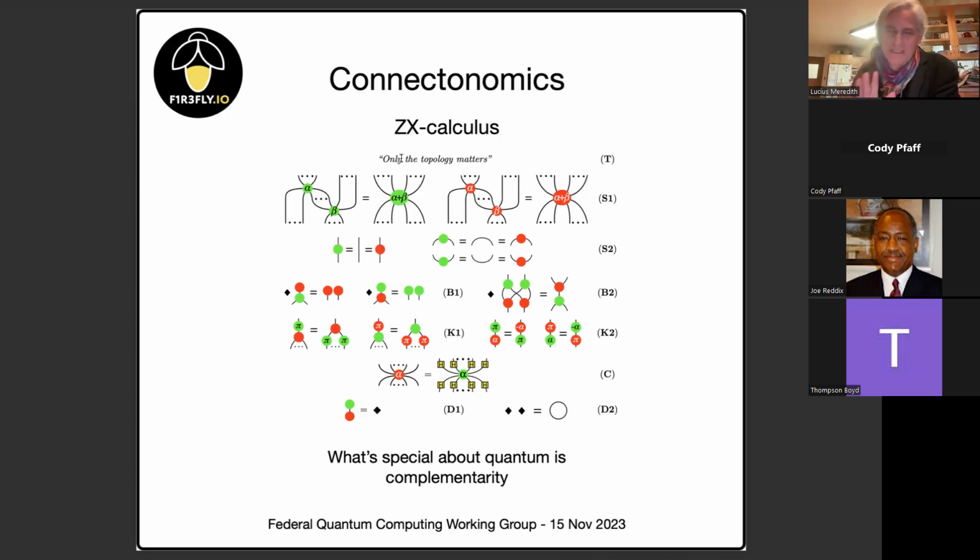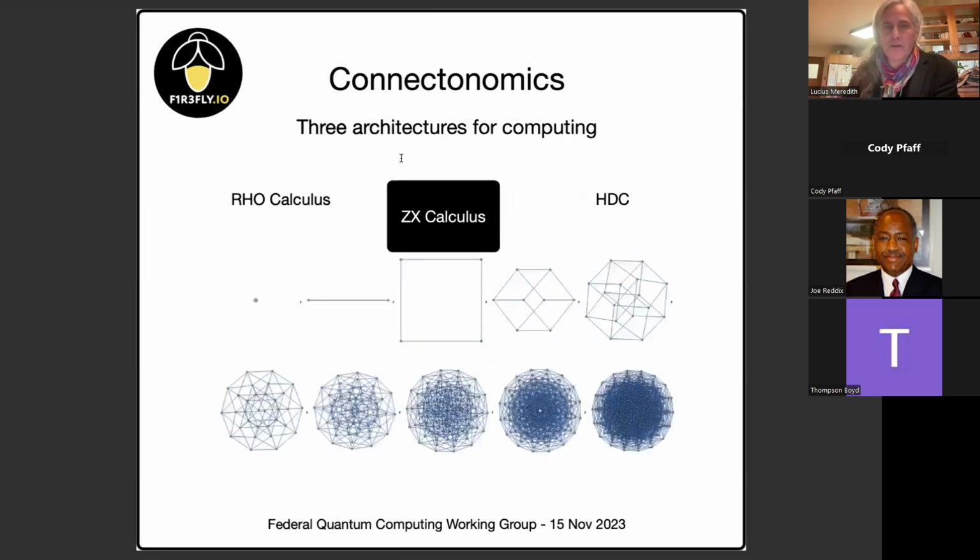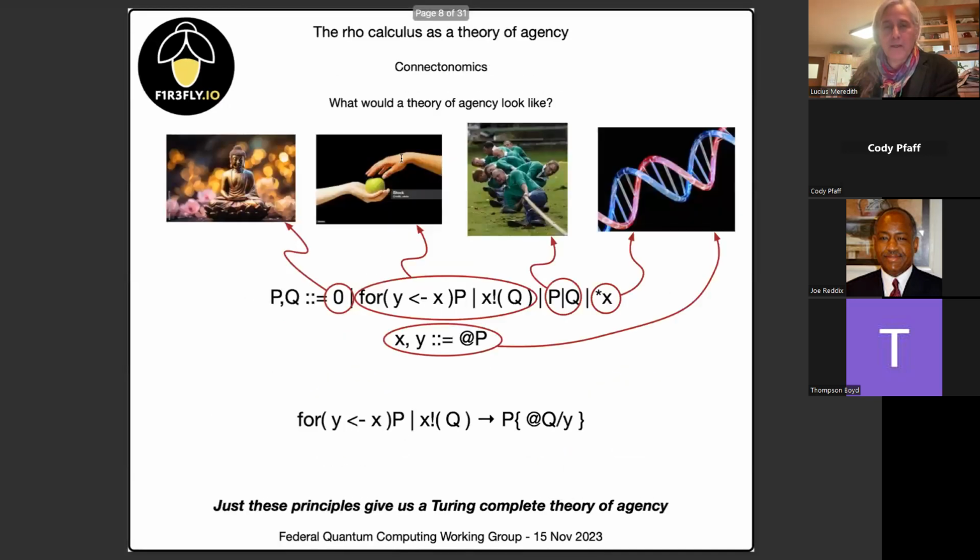No, I'm sorry, I didn't mean to cut you off. Originally I had wanted to also talk about the notion of hybrid, but I just realized I had so much material I had to cut it off. Each of these different models, but especially Rho and ZX, have different ways of talking about hybrid systems. For the rho-calculus, there's a way to also interpret this from a quantum perspective. So rather than trying to code ZX into Rho, we can enrich the COM rule in such a way that